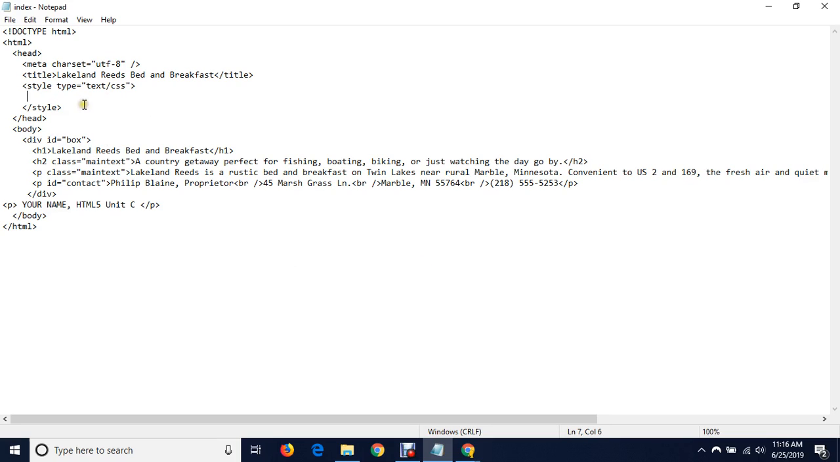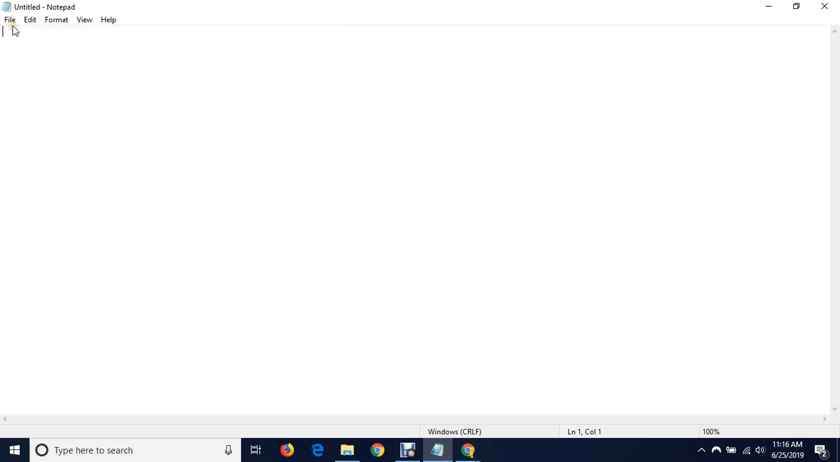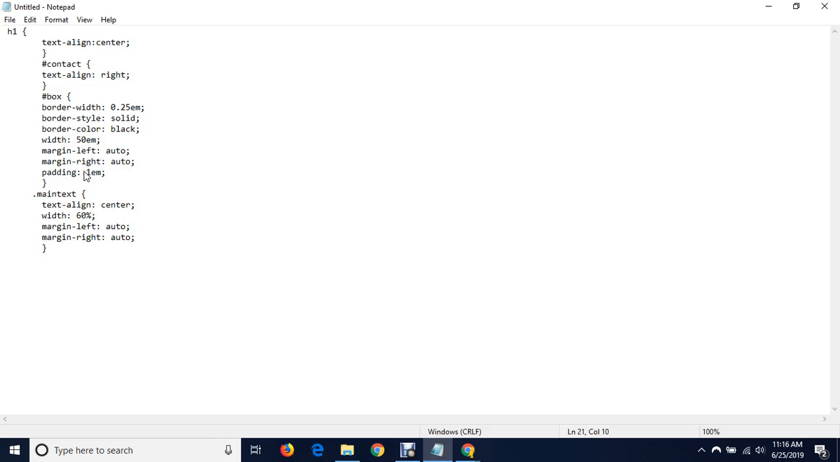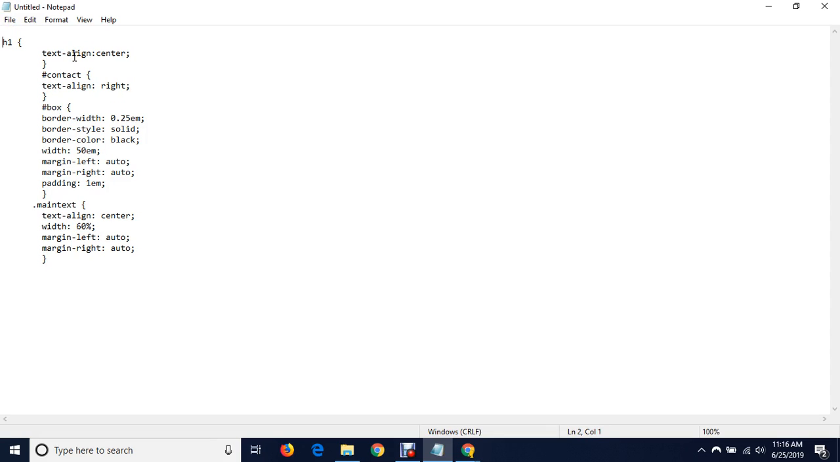Now you want to save this. We want to open up a new document. So go to File, New, and then we want to right click and paste that information back onto this new sheet. And before this information, I want to hit enter. So click in front of H1, hit enter, and then on that line,